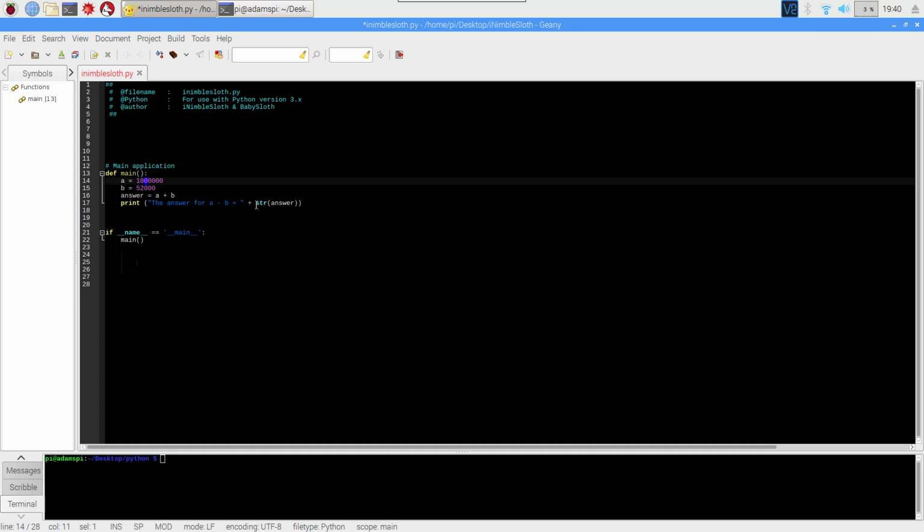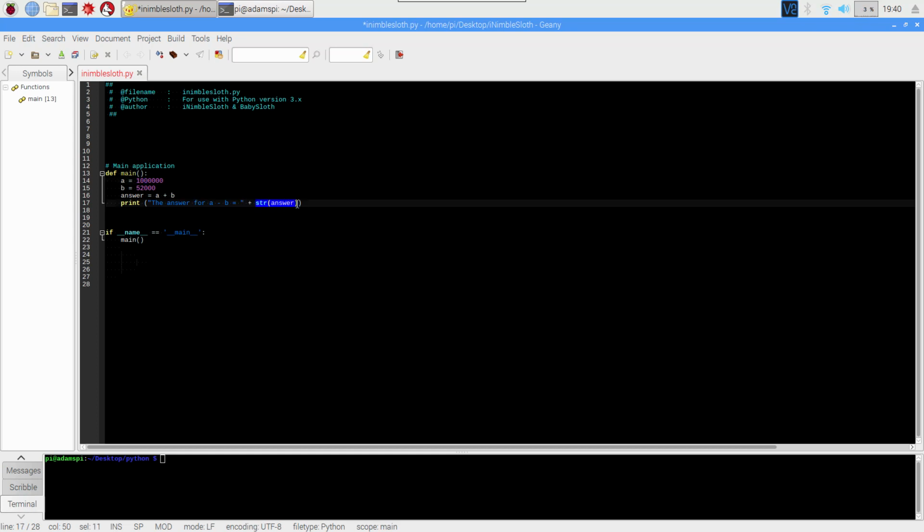Right, so look at how I've done this. String answer. So do you think if somewhere in there we put string A and string B? Yeah. The answer for, let's get rid of A. No, but because this isn't part of the quote, the text in the quote, we have to finish that off. Look, like that. Plus